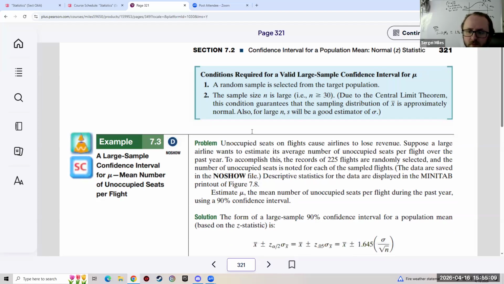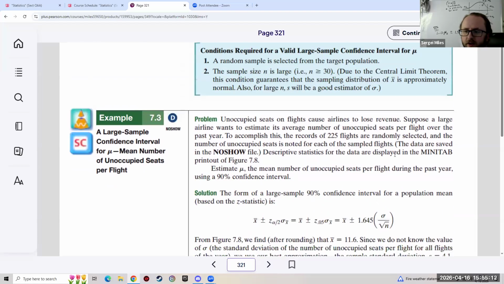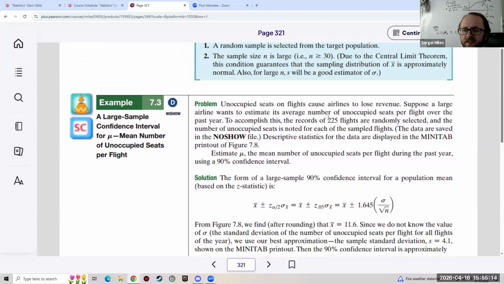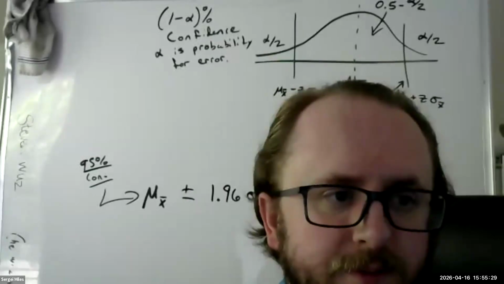Okay? So we're going to do another example here. We have this airline example where they're trying to study what's going on with their revenue situation when they have empty seats on their planes. So I'm going to turn off the screen share as we work through this example. This is example 7.3 on page 321 of the textbook. All right. So in this example,